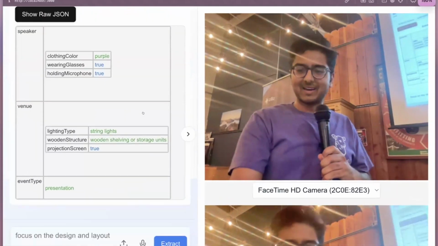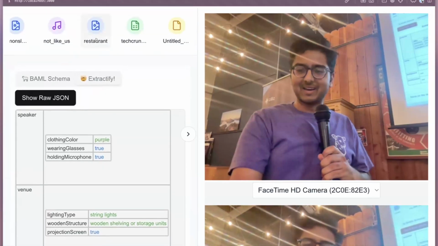But if I zoom in, you'll see what it did. It kind of invented this structure off of my picture automatically. Then we went ahead and executed that structure and got it out. Now we can do more interesting things. It works in audio, image, video, text, anything you want. And the best part is this is all just code. I want to show you another example really fast of something you can do with this.